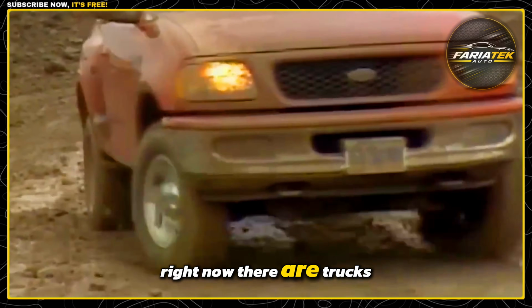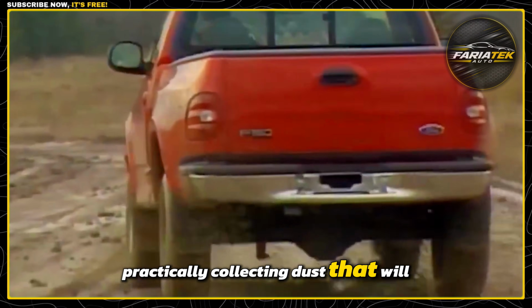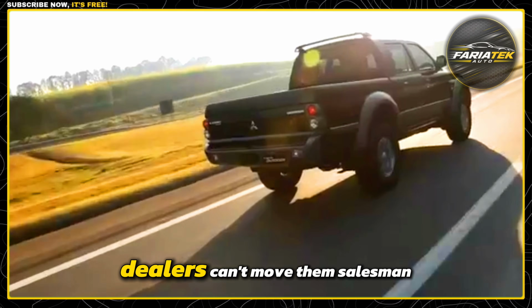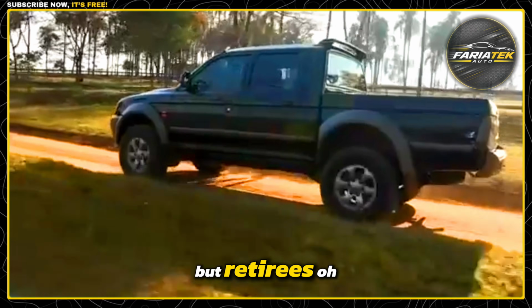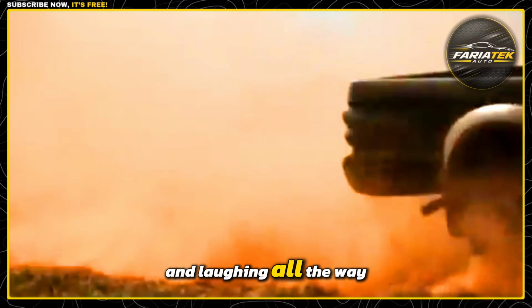Right now, there are trucks sitting on dealer lots, unsold, ignored, practically collecting dust that will outlive you, me, and probably whatever's left of your New Year's resolutions. Dealers can't move them. Salesmen walk right past them. But retirees? Oh, retirees are loading these things up for under $6,000 and laughing all the way to the lake